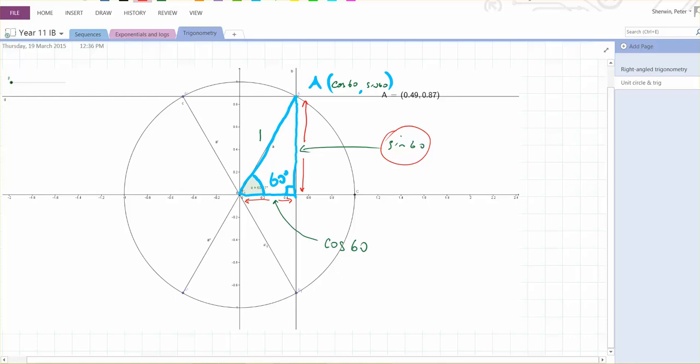of the point A, in terms of their xy numerical values, are here, 0.49, 0.87. We're going to introduce some terminology here. These are the Cartesian coordinates, which basically just mean the xy coordinates, the numerical value of x and y. And here we have what are called the polar coordinates. They're called polar coordinates